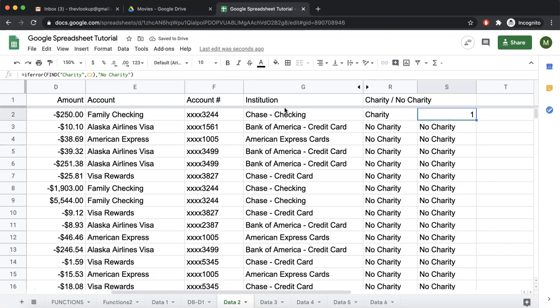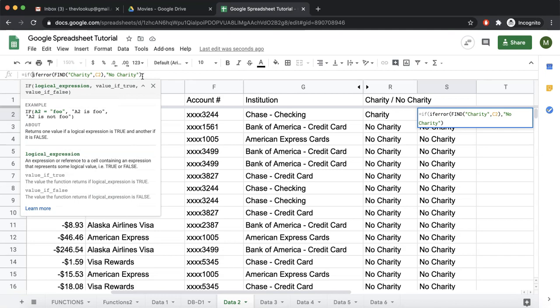We can also do one more thing. You see, the result of this entire thing is either 1 or "no charity". If found, it returns 1. If not found, it returns "no charity". So what we'll do is put everything inside an IF statement.